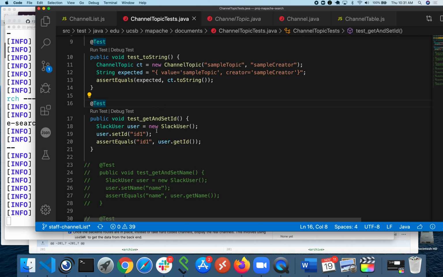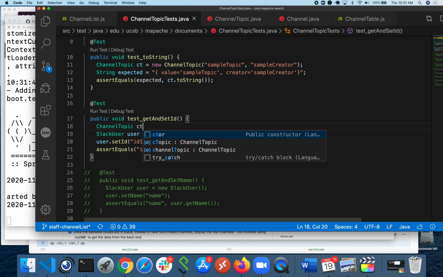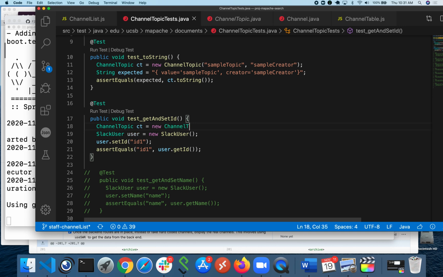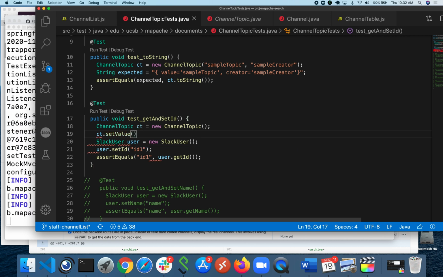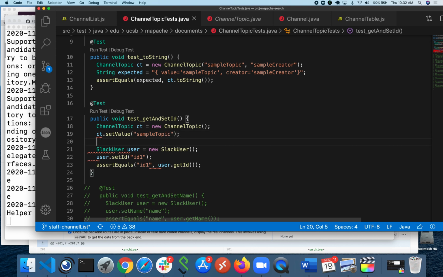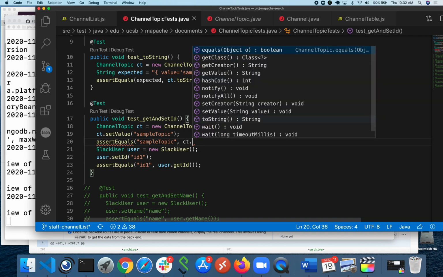All right, so here now is a test for getting and setting the ID, but in this case what we want is to get and set the value. So instead of Slack user, we will do channel topic CT equals new channel topic, and this should give us at least a little bit of code coverage on the default constructor. And then we'll do ct.setValue sample topic, and then we will do assert equals sample topic, ct.get sample